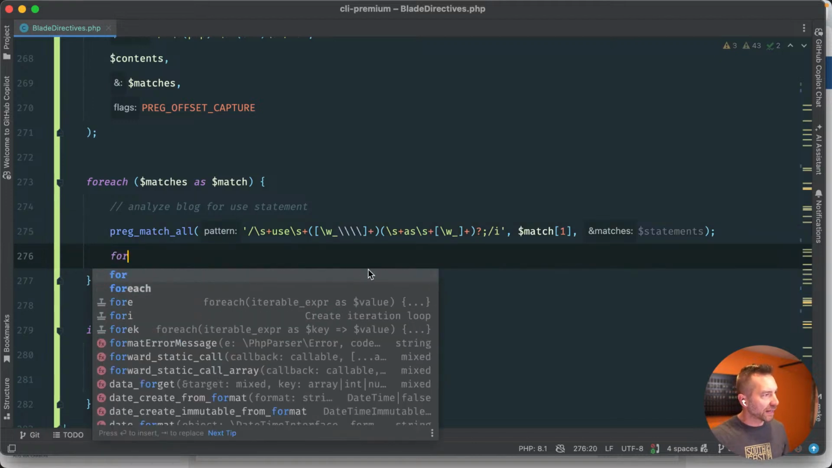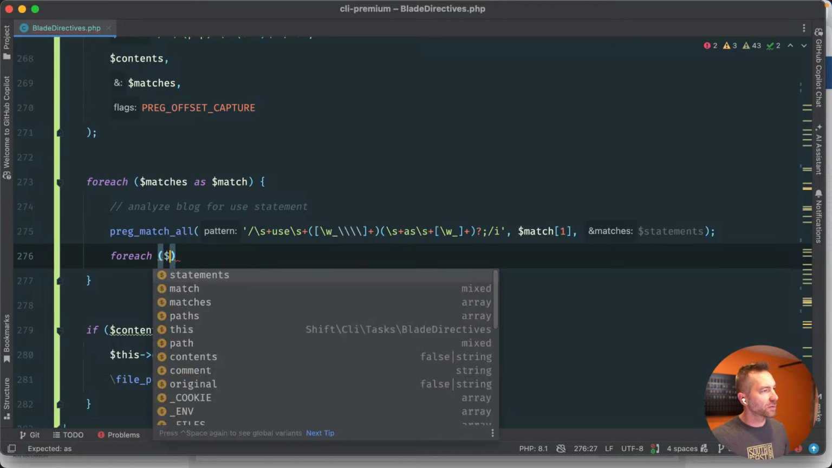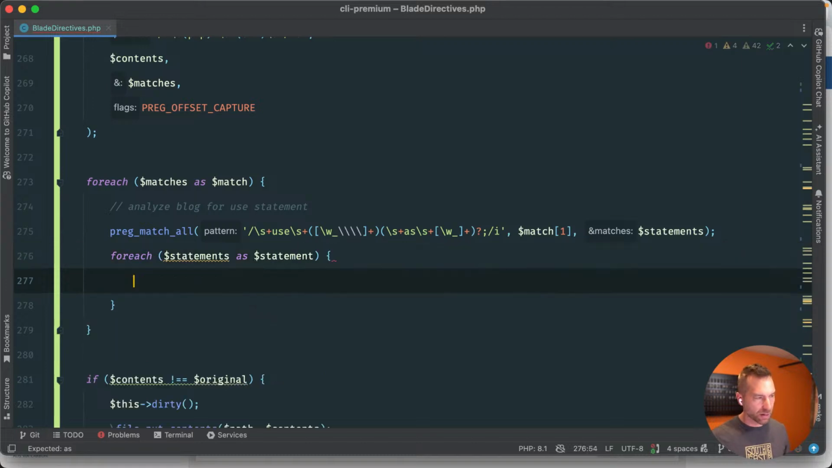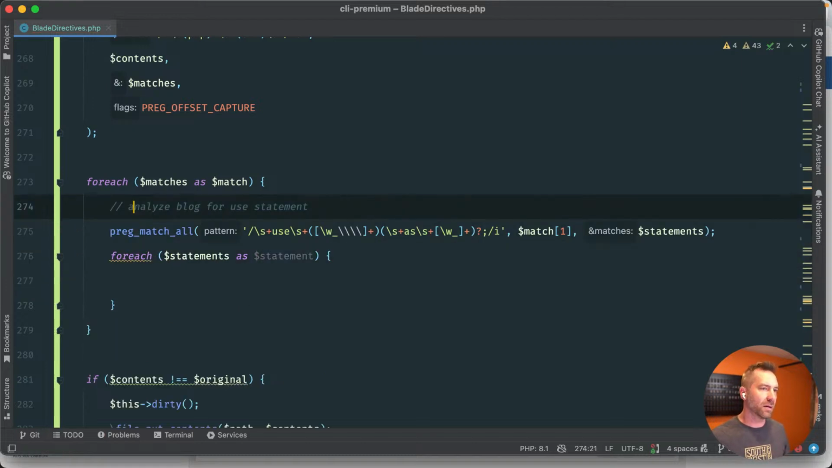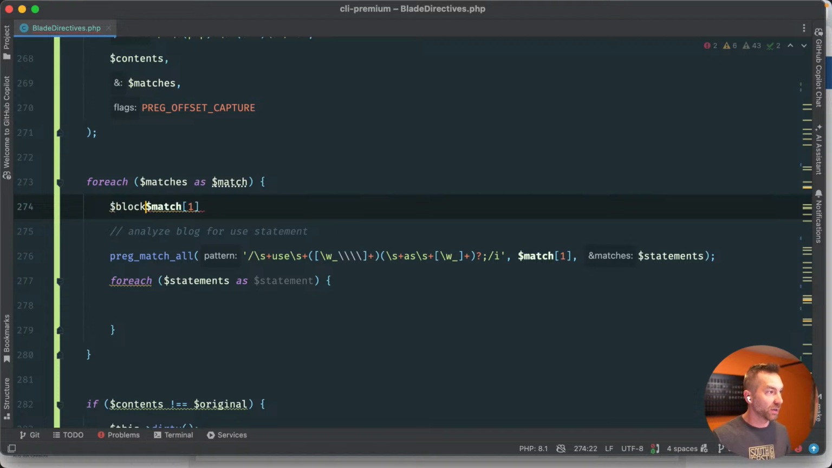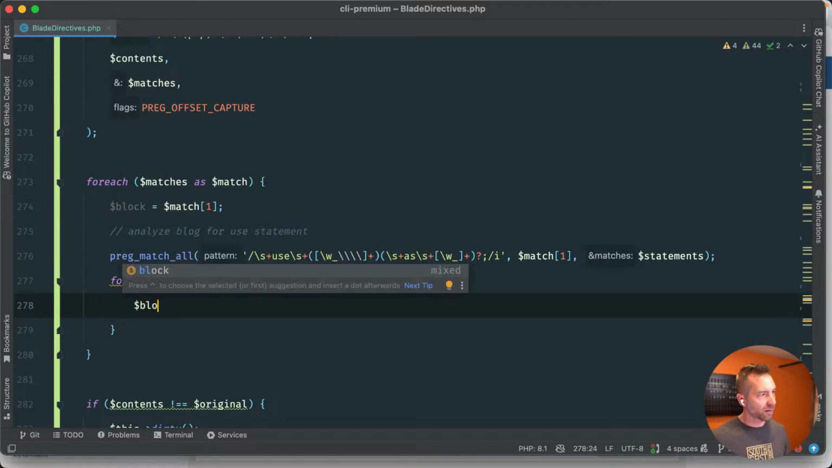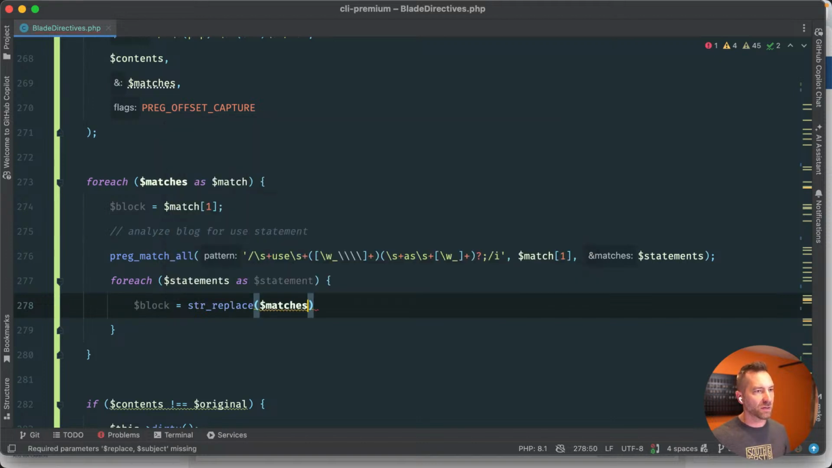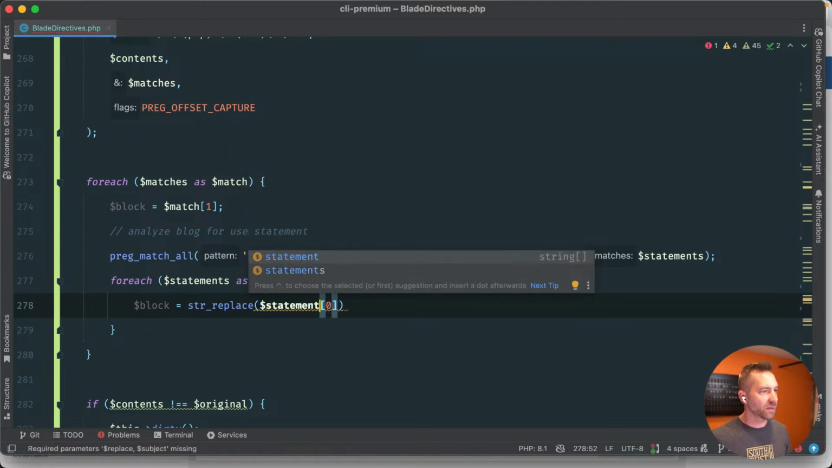Now we would need to foreach matches statements as statement, and then we would take match one. Let's just call this block real quick. Let me see if we can get through this. Let's call this block. This is the block of PHP code. Man, if I could type today, that would be awesome. So now we simply say block equals str_replace matches 0, this whole segment, or sorry, statement 0,